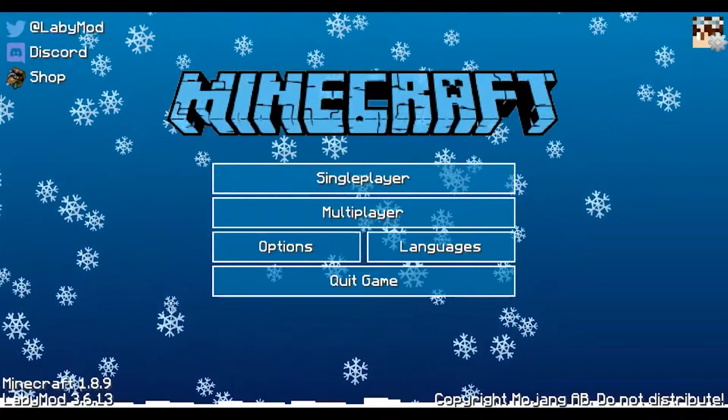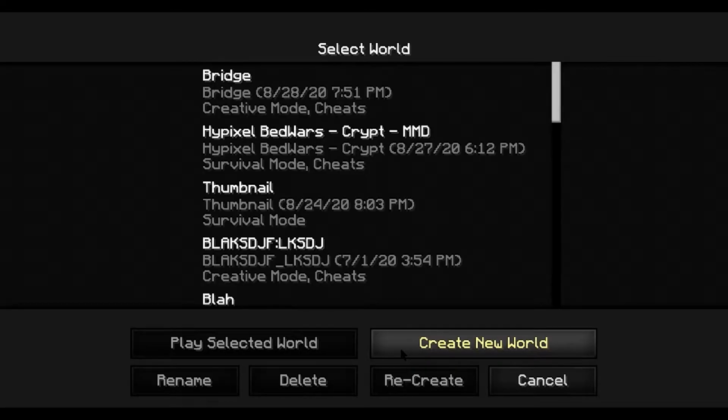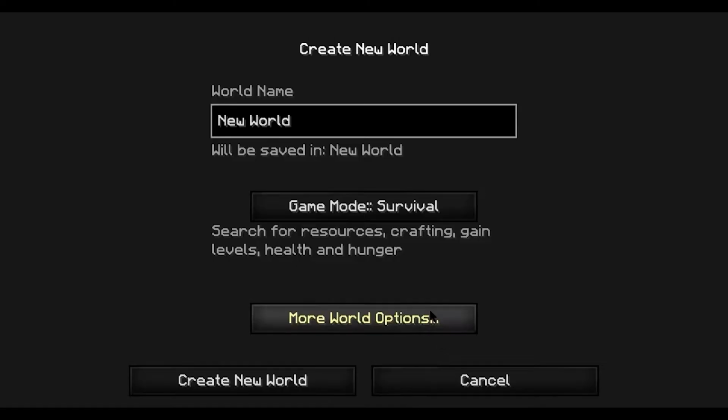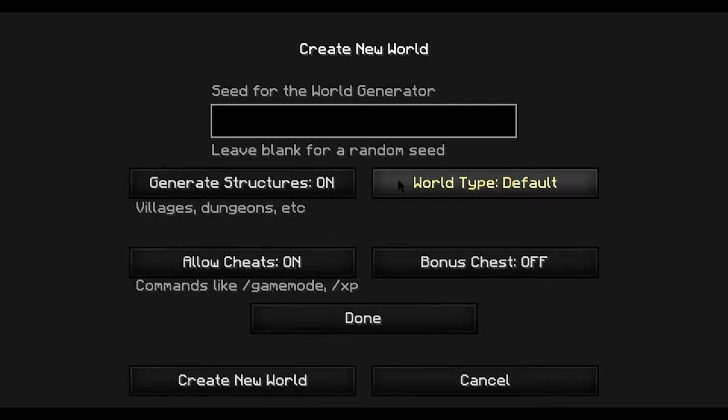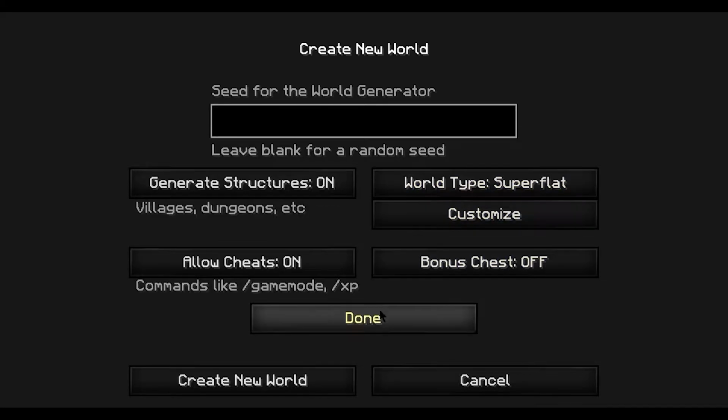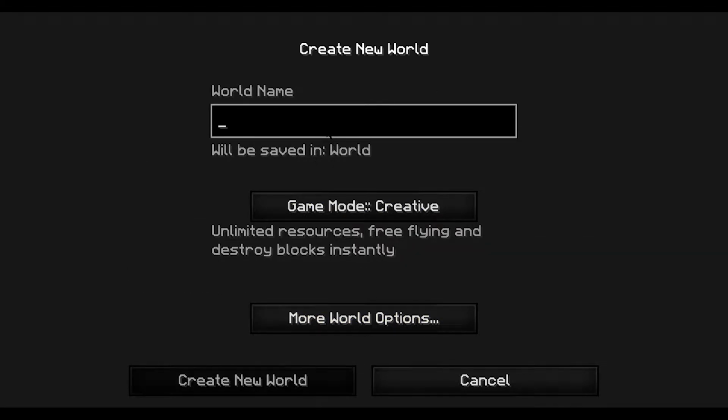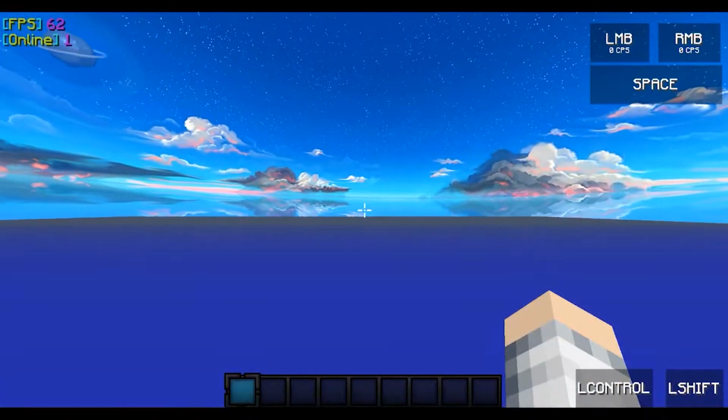Alright, today I'm going to be teaching you guys how to moonwalk. If you want to make a world to practice, the best way is to go create new world, creative, more world options, world type, go to super flat, and then just title it whatever you want. I'll just name it Bridge Yay, and then create it. So this is just going to create a flat world, so it's really easy to practice on if you're going